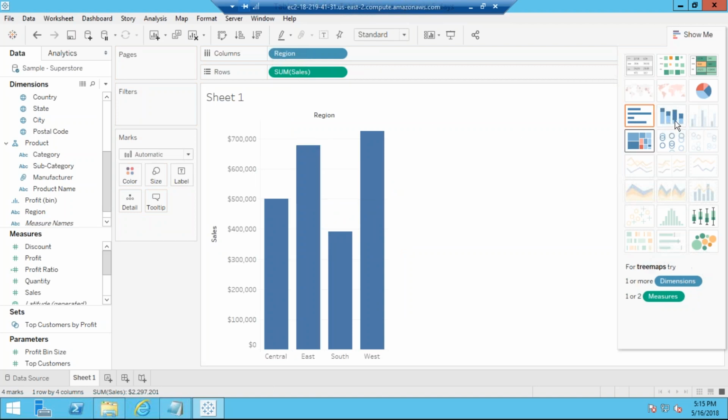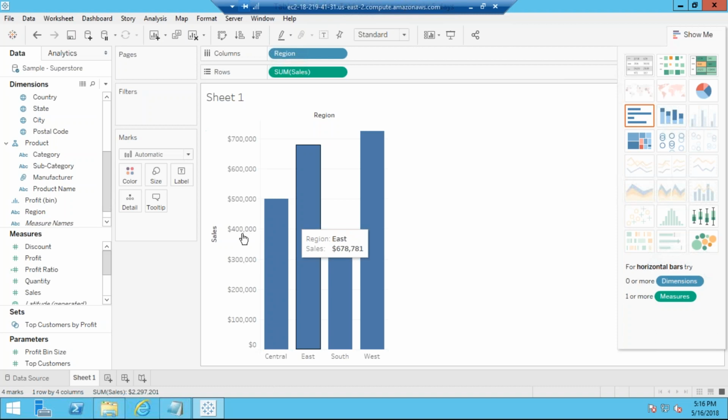You can change it according to your requirement. From here, I can move to these visualizations, whatever are enabled here. So I have this horizontal, I have this stacked bar chart. This is called a stacked bar chart. Pie chart, then I have a table, then a text table. This is a tree map. I have a circle view, then a bubble chart, then a box plot. These are box and whisker plots. All these visualizations I can create from these 2 fields.